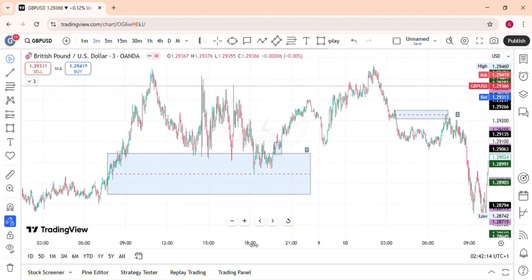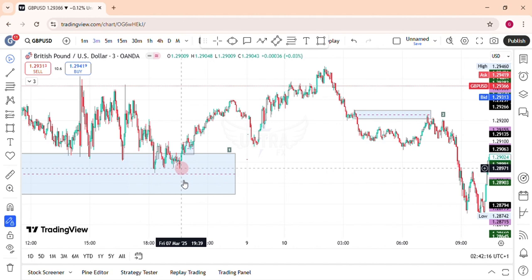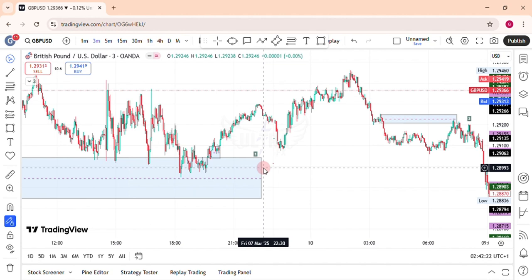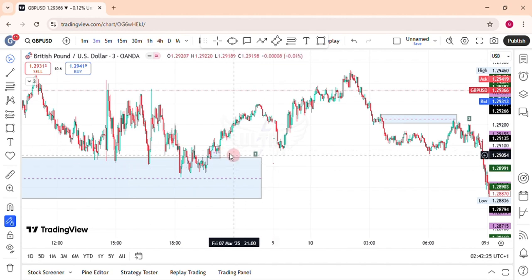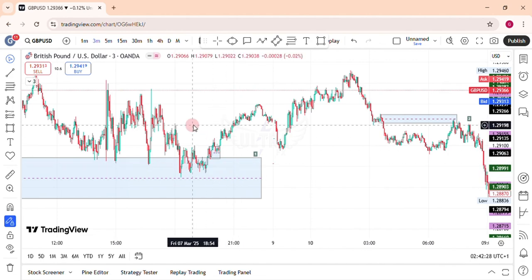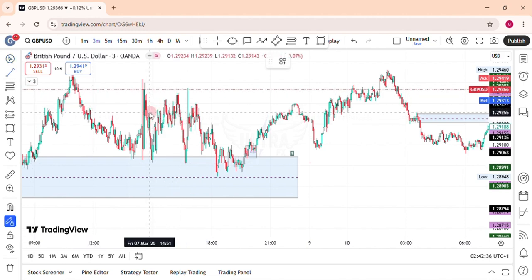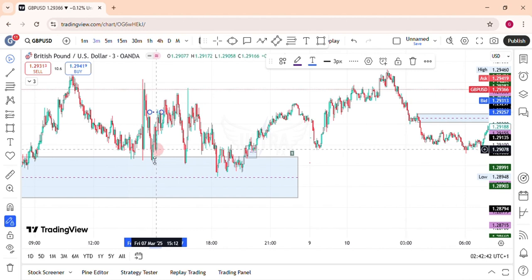So after price tapped into this fair value gap right here, we need to look for our usual break of market structure. After the tapping of this fair value gap, we can see there's no break of market structure around here, and if you can find the break of market structure like this after price tapped into it, there isn't a fair value gap here. So if there was a fair value gap right here, then there will be a reason for you to actually buy. So we do not have a break of market structure around here. That is why we cannot use this fair value gap here to buy.